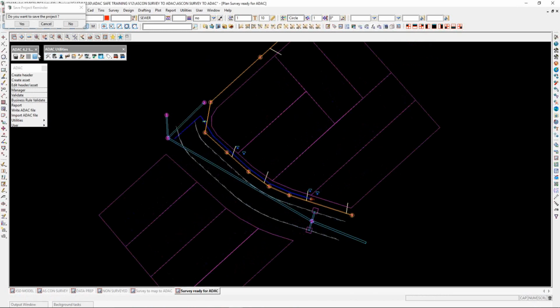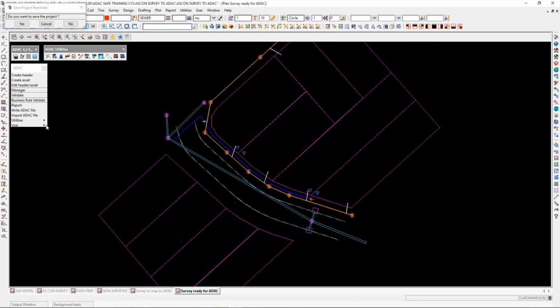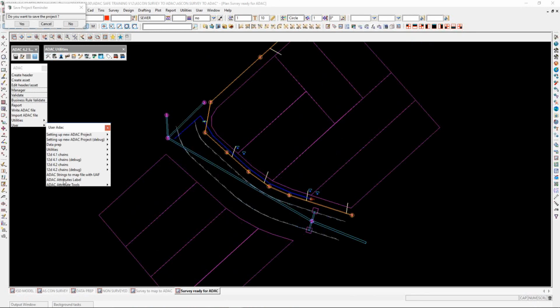You might see a few chains. Generally, we don't run those. Normally we run our chains from the icons up here, from the toolbars. So these other ones are basically for debugging. If anything happens, we use that from a support point of view. So if I look at my attribute